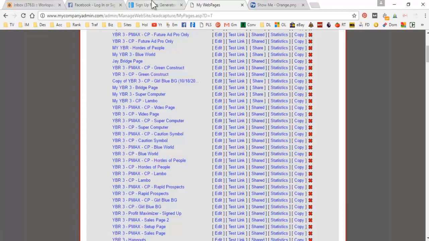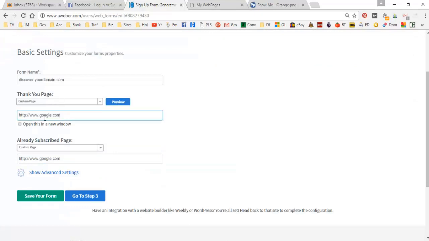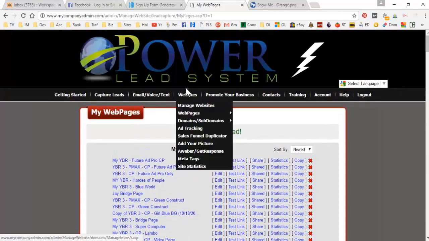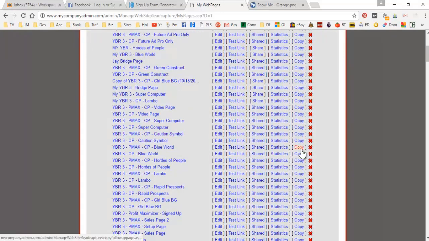Okay, so as long as you have your correct subdomain in the thank you page here, which points to either the PMAX page or the normal page, depending on if you are a PMAX member or not, you should have no problems with this. So just choose whichever capture page you want, go to copy. Obviously I'm in my web pages, that's where I am here. Blue World, again, just click copy,